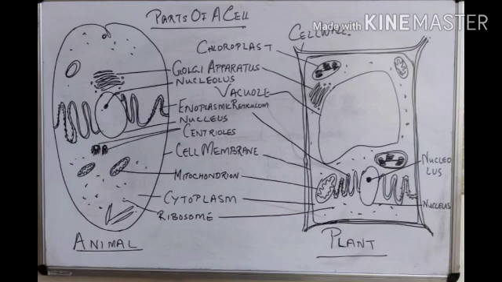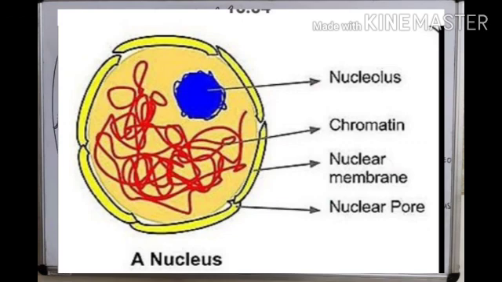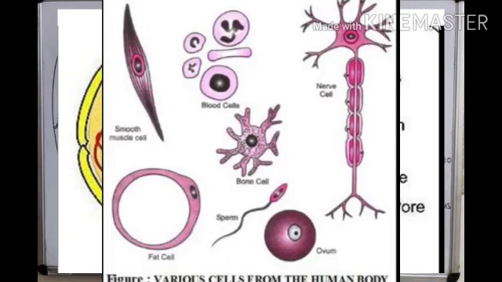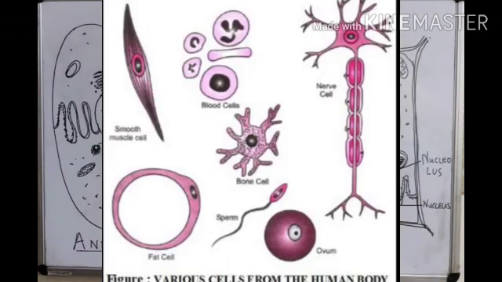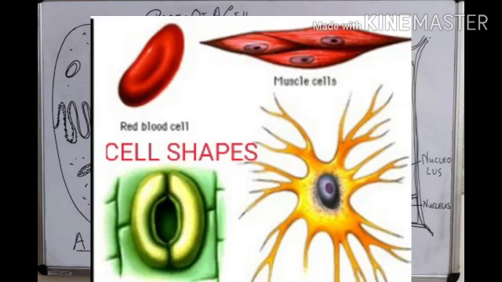Next, we have the nucleus. The nucleus is present inside the cell, surrounded by the cytoplasm. It is the most prominent part of a cell and is also called the control center of the cell. Most cells have only one nucleus, but muscle cells like skeletal muscles may have more than one nucleus, and certain cells may not have any nucleus when they become mature, like the red blood cells in our body.